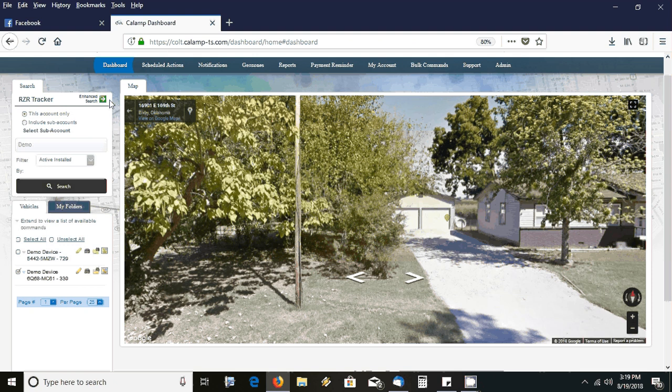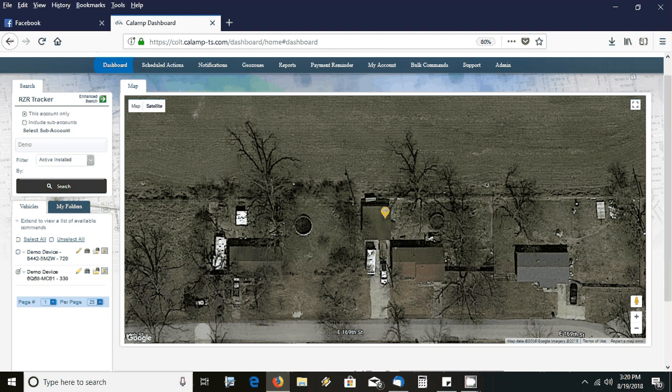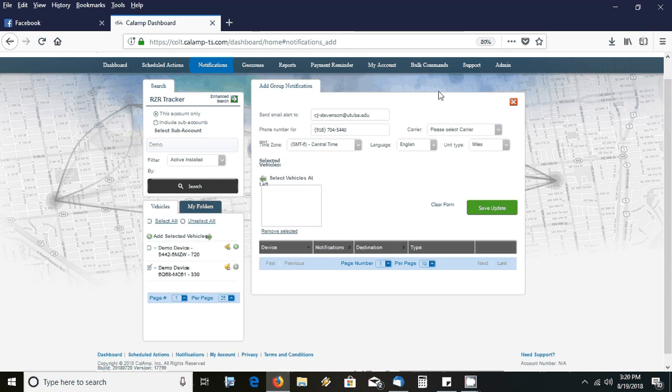Now what we're going to do is show you how to set up notifications for these devices. These are going to be the same for the trailer trackers as well as the RZR trackers. It's pretty easy to do. Right up here at the very top next to your dashboard titles, it says Notifications. We're going to click that. We're going to go to this Add New Group Notification button because you can see that I don't currently have anything listed here. So we're going to click the orange button,